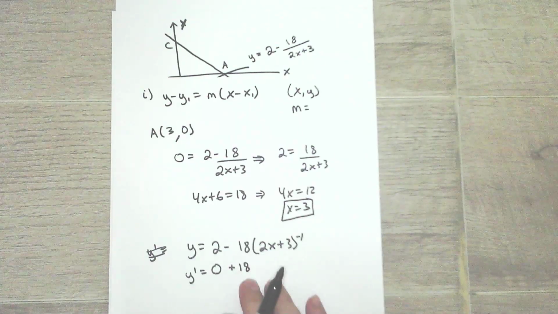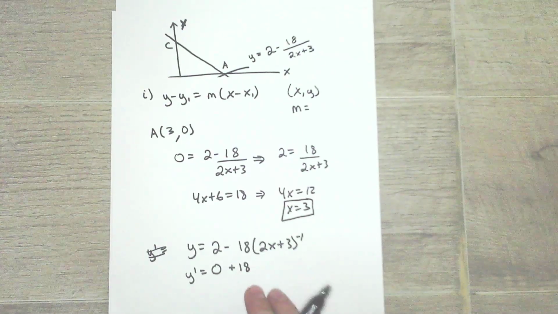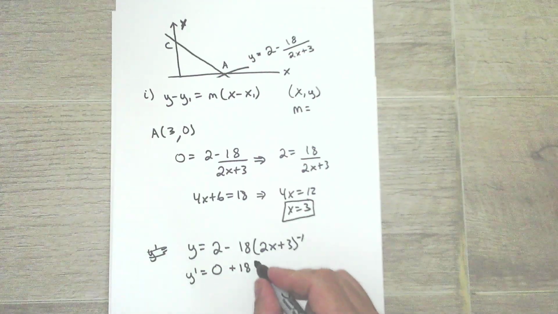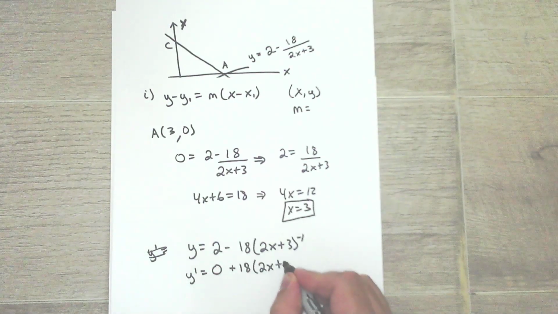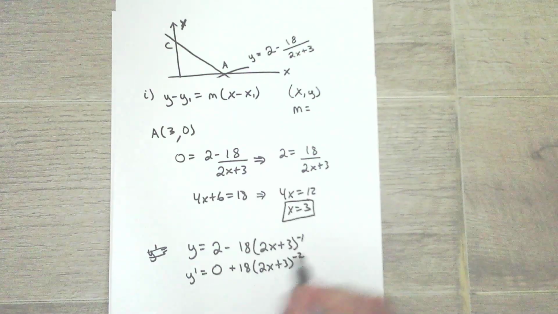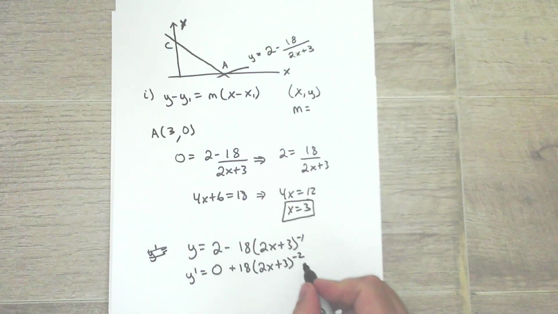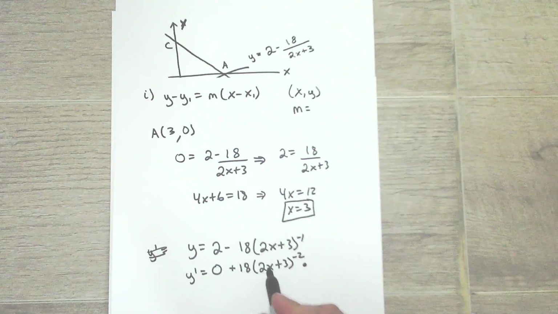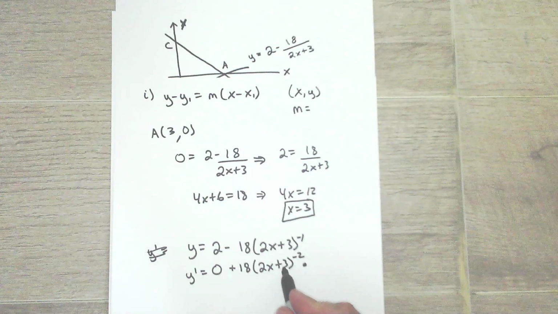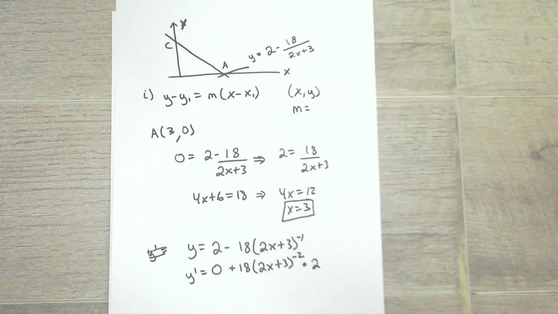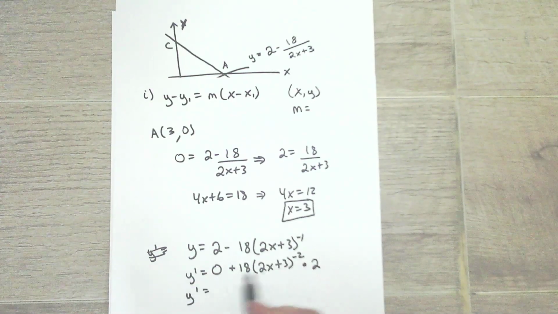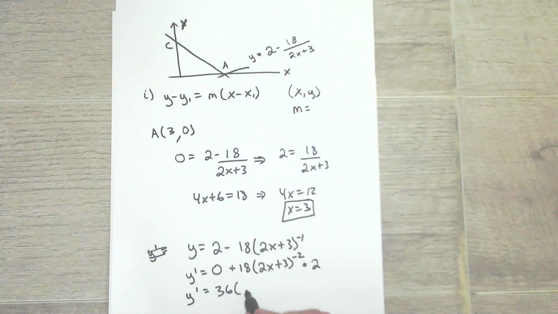Okay, remember chain rule here. If you don't remember chain rule, you might need to review that. That was chapter 12 stuff. You leave what's inside alone, subtract 1, and then we multiply by the derivative of the inside of the parentheses. So derivative of 2x is 2, derivative of 3 is 0, so it's just times 2. So then y prime is 36